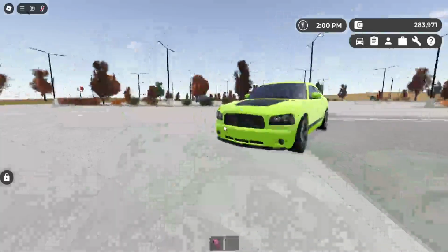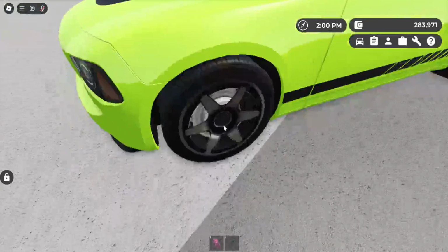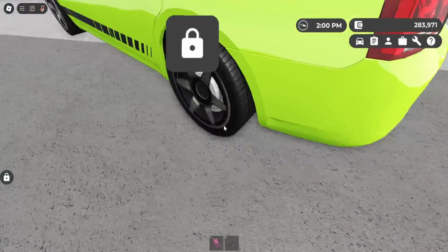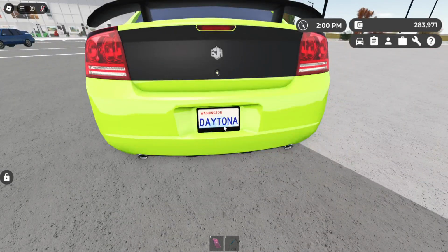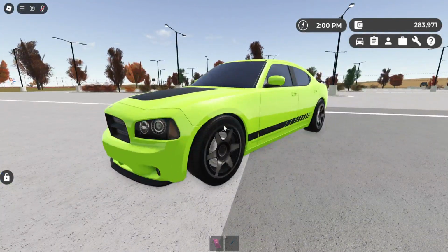Next, we got the Charger Daytona. This car, though, I have done a bit to. Obviously, custom wheels, custom fitment. I'm not a huge fan of massive amounts of camber and slamming it all the way down. I just like a nice, aggressive, functional look to the car. Custom Daytona plate. And in game, you can get this car in Sublime, which is a